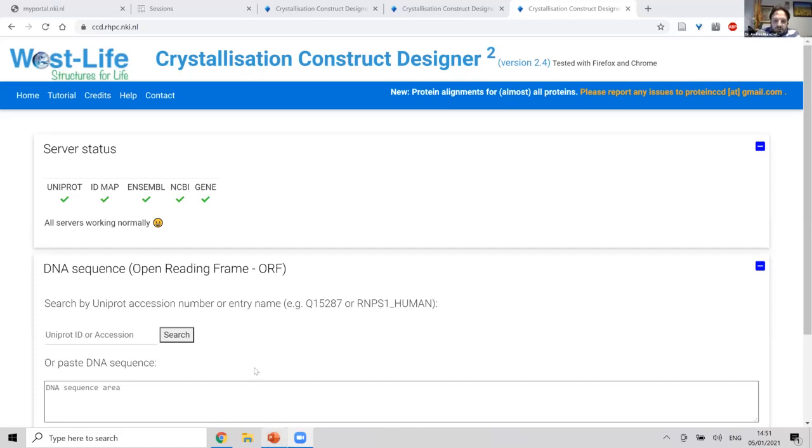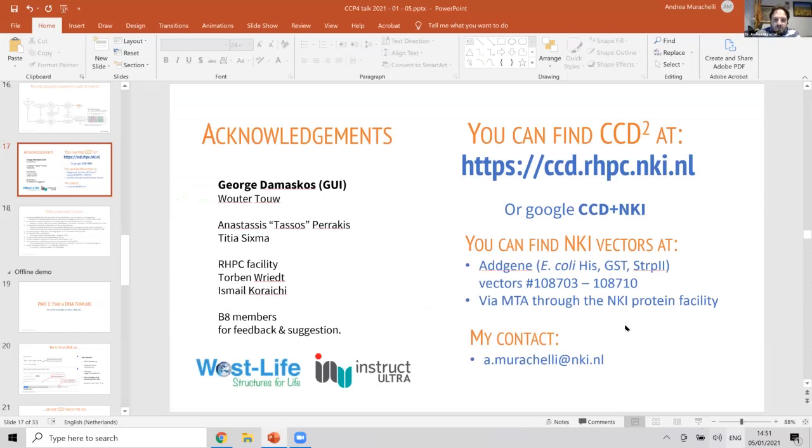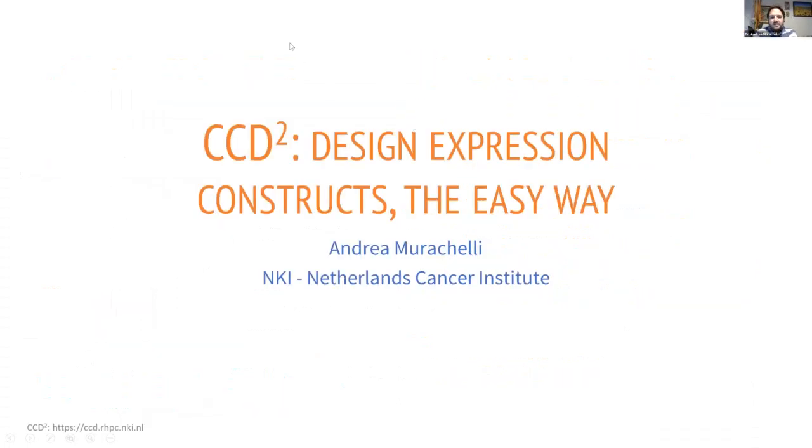So today I will be talking about the CCD2, Crystallization Constant Designer 2. And this is a tool that allows you to quickly design expression constructs, either for crystallization or for other